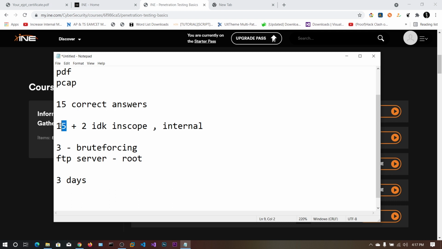And I knew that there were 15 correct answers, and two I didn't know, in scope and internal. I knew one was exactly correct. The question was the number of this type of network devices, so it's more like 16 plus 1. So this was wrong, and finally I got 16 right answers out of 20.